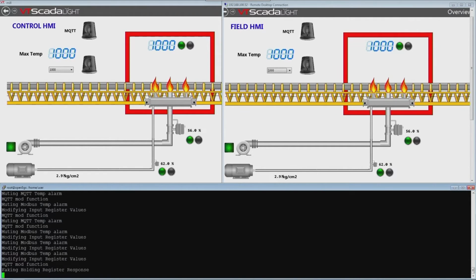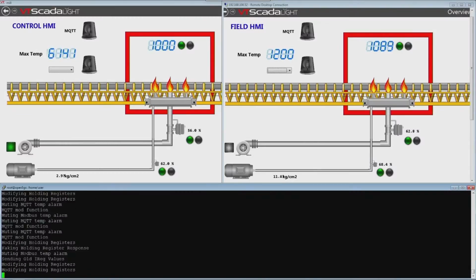In the next one, we actually start modifying the field HMI and the actual device itself. So we're actually sending commands to the device itself, and so it starts increasing. And you can see that in the control HMI, the actual temperature stays under 2,000 or 12,000 until now. The max temp, for some reason, was fluctuating.